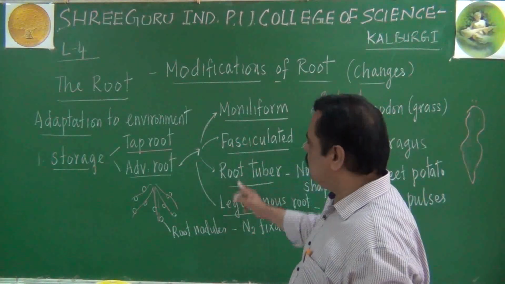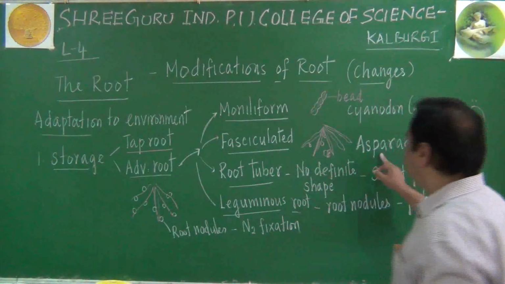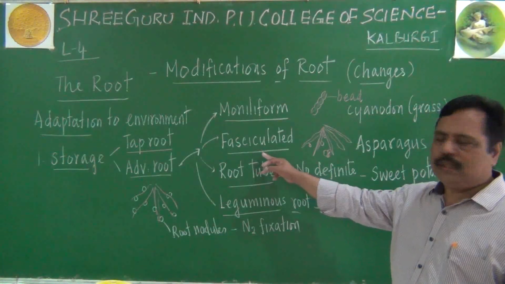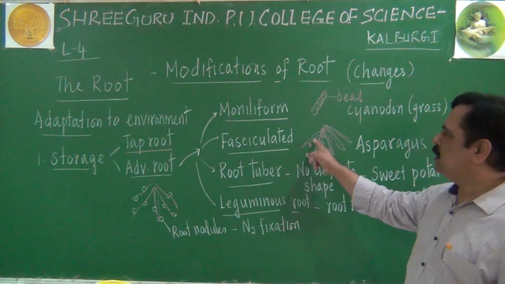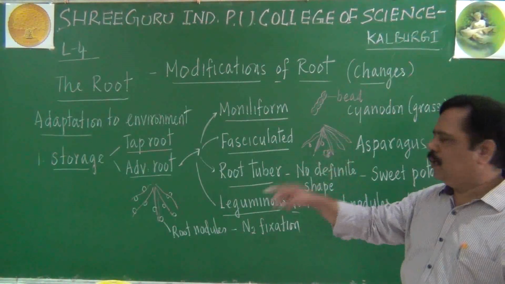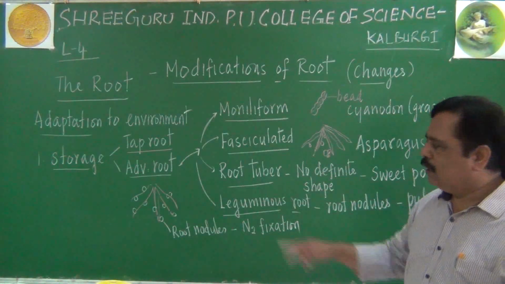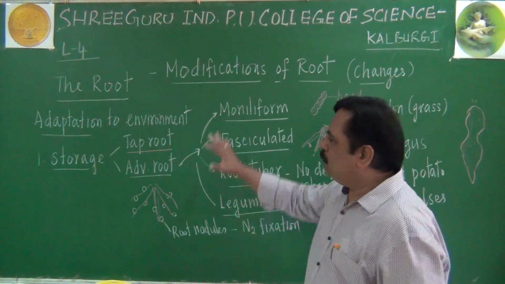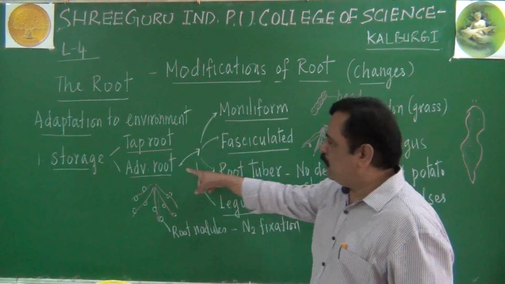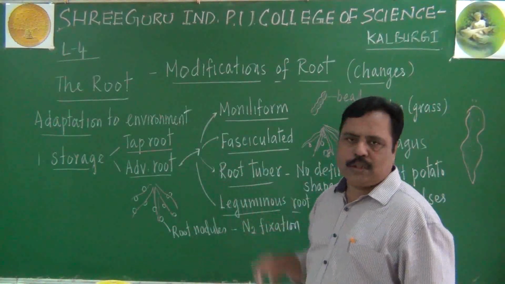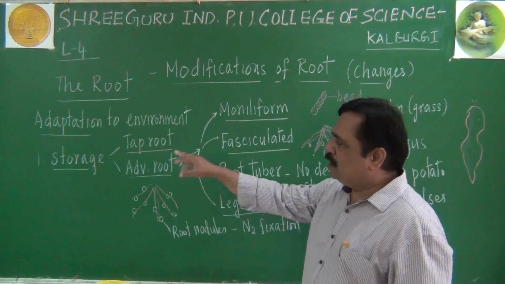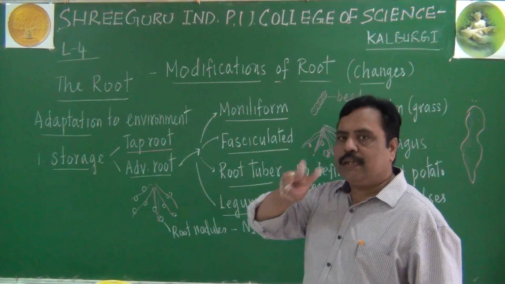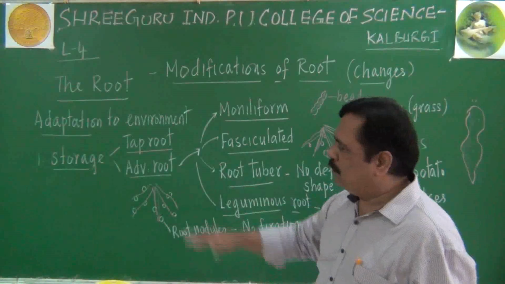Of course, students, this is not given in your textbook except for asparagus. Asparagus comes under fasciculated root, where a bunch of roots with some bunches of nodule-like structures will be present. But here single nodules on each root will be present. Make note of this adventitious and fibrous root modification also. With this, storage modification is completed. I will come to the second type of modification now. Okay? Please make note.